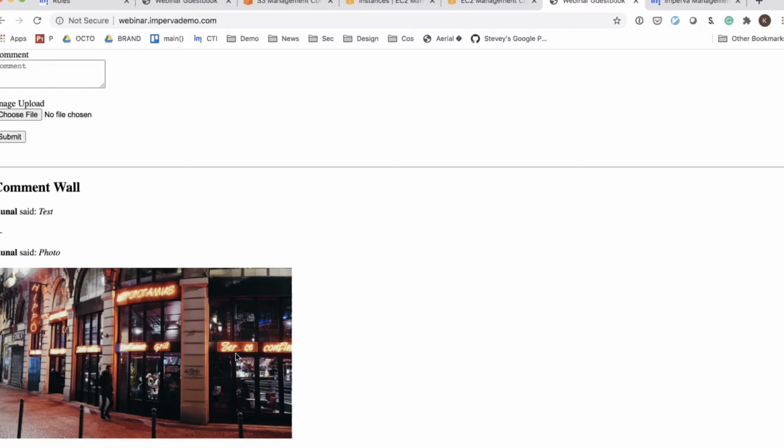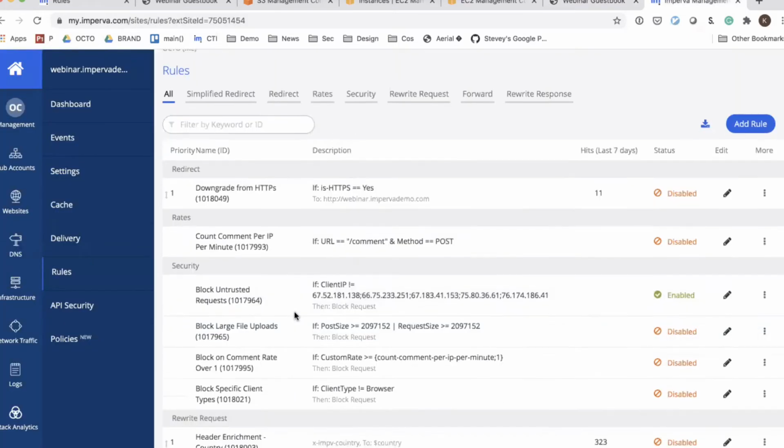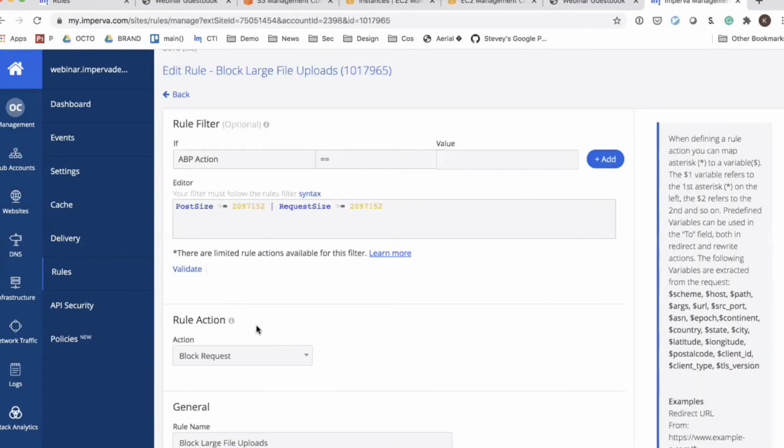That takes us to our second rule of the day. I built this out already, and I built a lot of these rules out to save time in the presentation and really give you the narrative. Two interesting predicates we have are post size and request size, at least from a filter perspective. We could build a predicate that says match when I see a post size that's greater than 2 megabytes. You'll see that this is in binary, not in decimal. If this was decimal, it'd be 2 million. But this is binary, so we're expressing it in binary form.